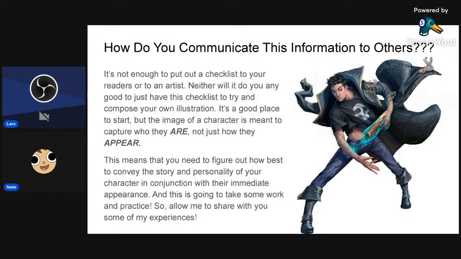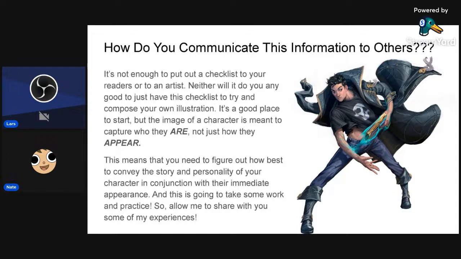And so what we're going to work on now is how to take those descriptions that you guys have written out here in the chat, which are all awesome, and transform those descriptors into the people by using them to help tell their story. That way an artist can listen to who this character is, what their story is, and then start bringing them to life.